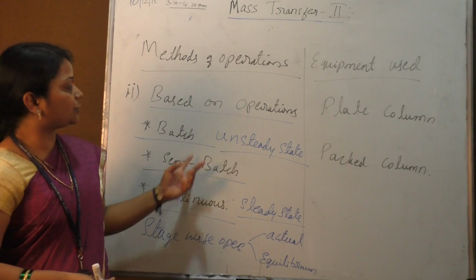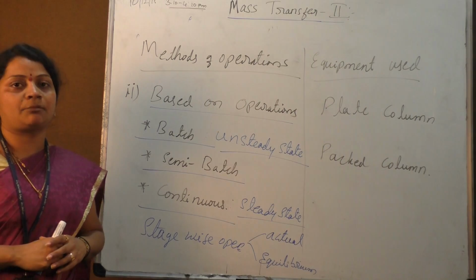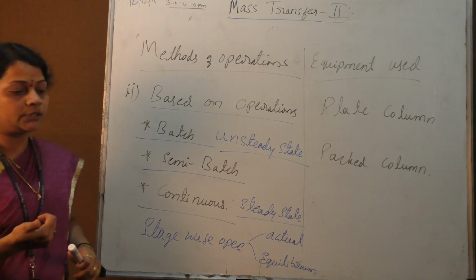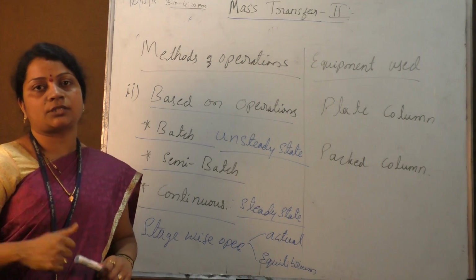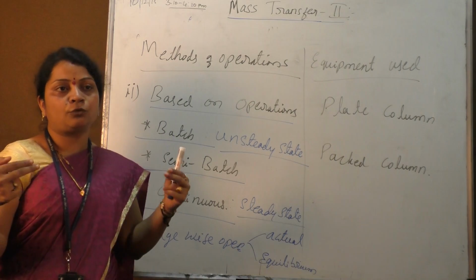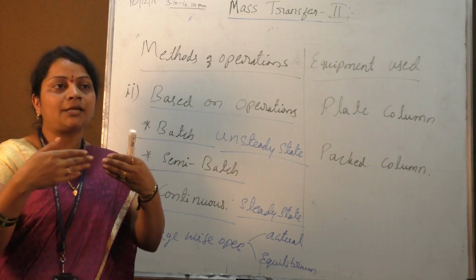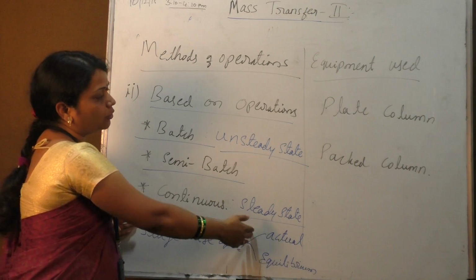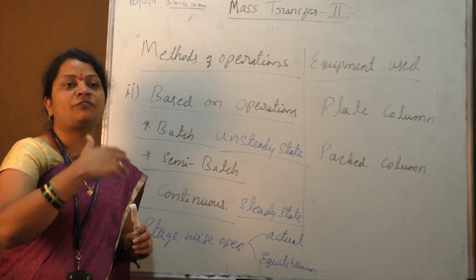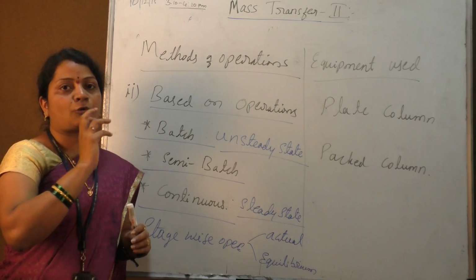Mode of introduction or mode of contact of these components, we have three further segments in a stage wise operation, that is co-current operation, counter current operation and cross current operation. Co-current operation is where the two phases are moving in the same direction, and in that movement from one side to the other corner of the device, the exchange of component from one phase to the other phase is taking place, and this is one way of separating the components.